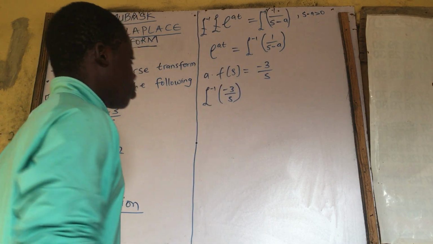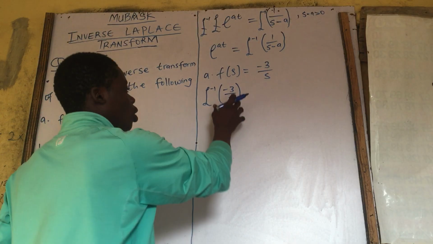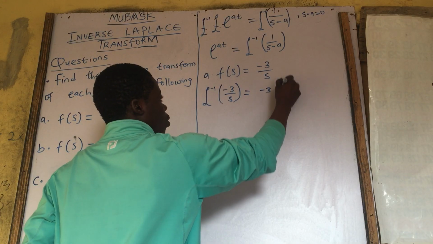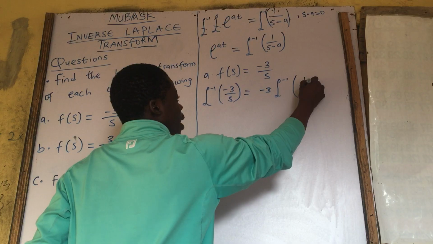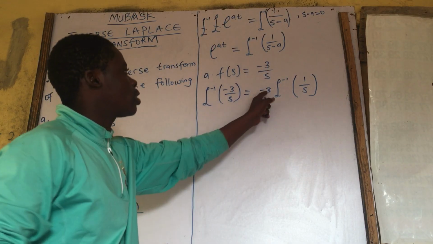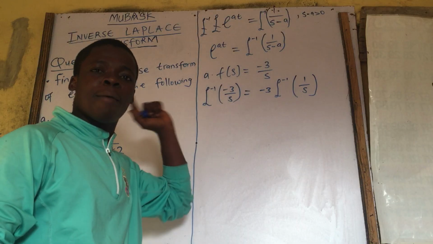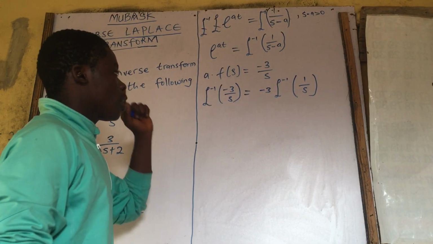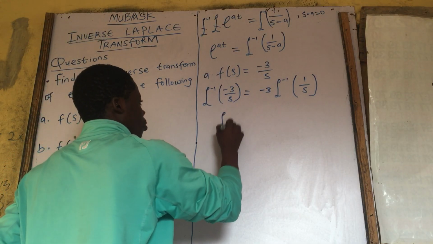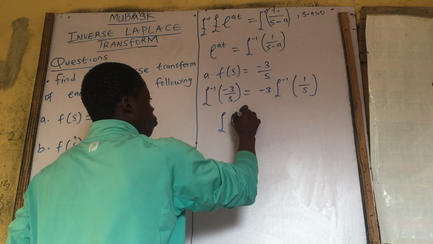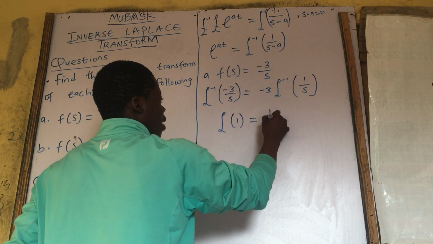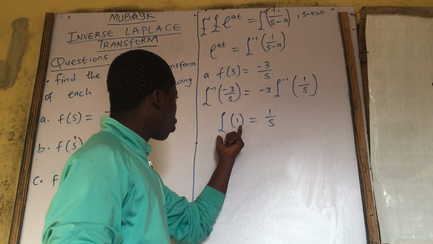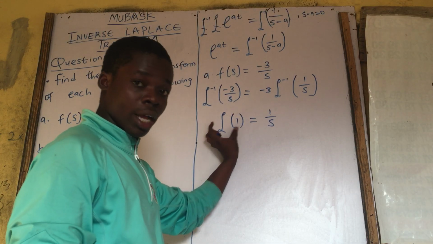It is the same thing, so we can now solve this. Let us factorize minus 3 out: minus 3 times the inverse of Laplace of 1 divided by x. But don't forget, in the Laplace transform table, the Laplace transform of 1 equals 1 divided by x, isn't it? So if we want to obtain the inverse of this Laplace,